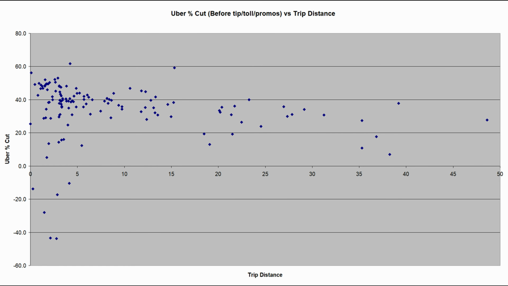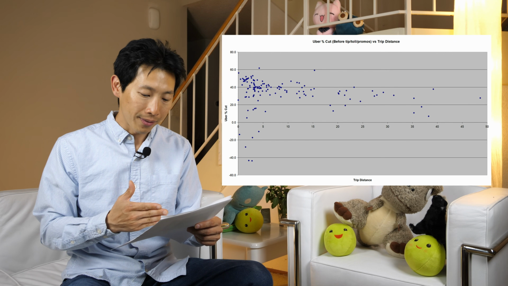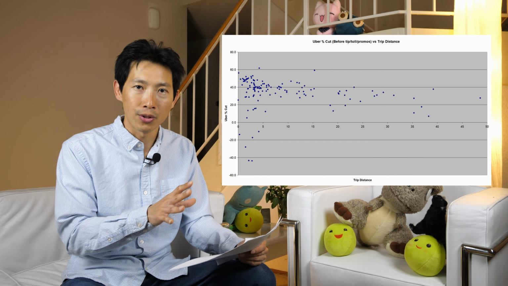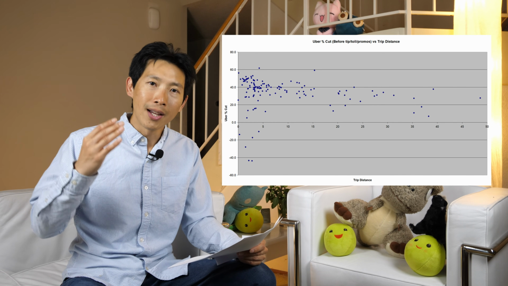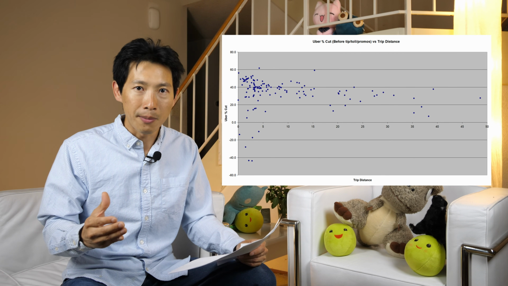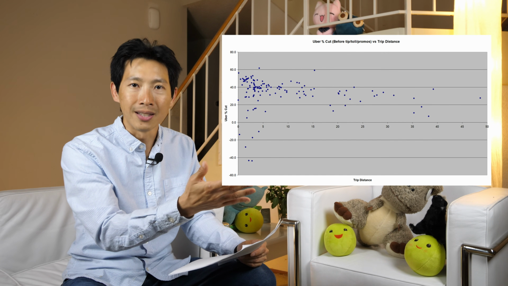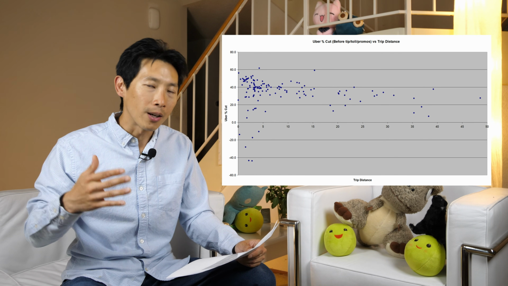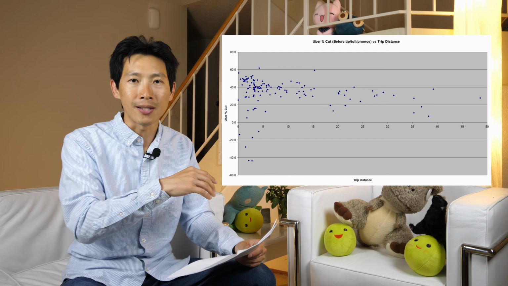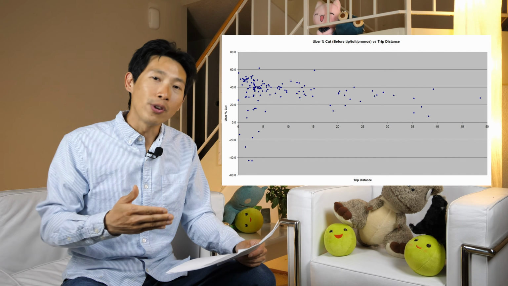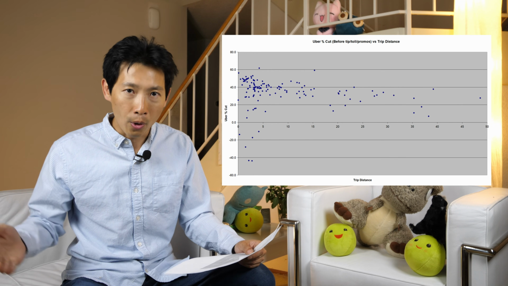So I plotted this graph, Uber's cut versus distance. What this chart tells you is that the shorter that you drive, the larger a cut that Uber takes. Sometimes you have a choice of picking longer trips because if you're at a time where there's a lot of demand and then suddenly you get a call to do an Uber for, I don't know, a 5-minute ride or something, then you can go, okay, I have a fair chance that if I cancel this, I'm still gonna get another trip pretty quickly. So then if you do that, you might actually earn more per hour.